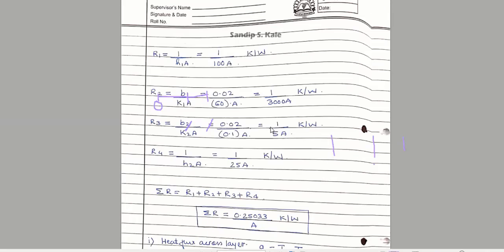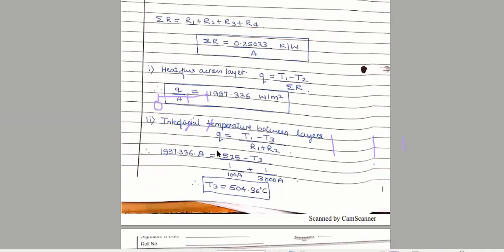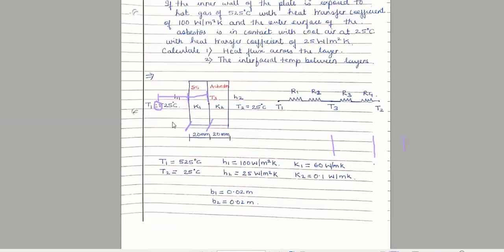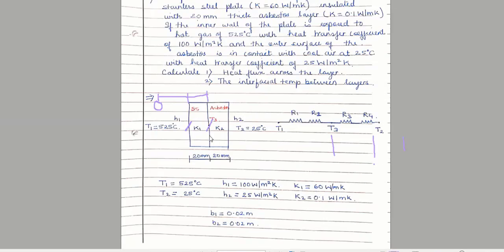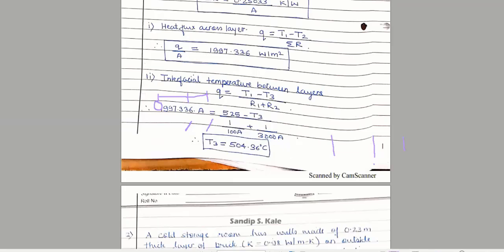I'll just show you, very simple. Interface temperature: Q is nothing but T1 minus T3 divided by what? Summation R. Now R, how much do you utilize? You are supposed to find out the temperature for this distance only. You are not supposed to find out the temperature here. So what will you use? This one resistance and this other resistance. Hence the formula, here I have written it. Q is equal to T1 minus T3 divided by R1 plus R2.